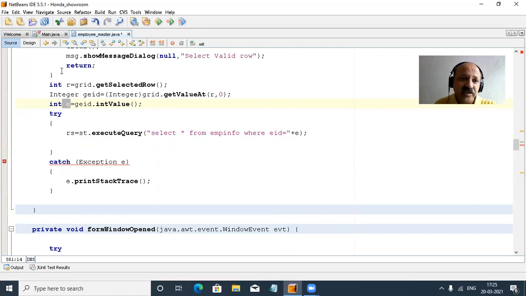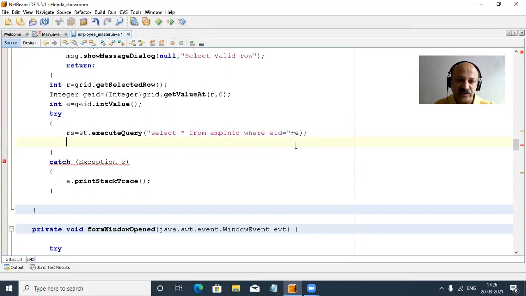So the user selects in the JTable, but the record comes from our original database table. That is the process, and now we can start. One record is selected in the next, because in a table the index starts with 0, so here we have to add one.